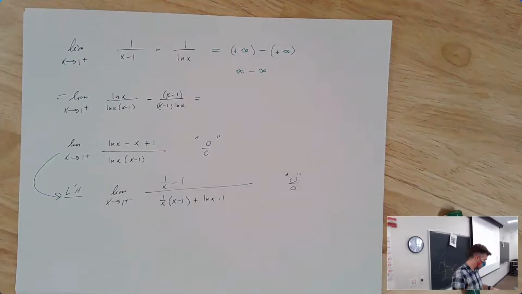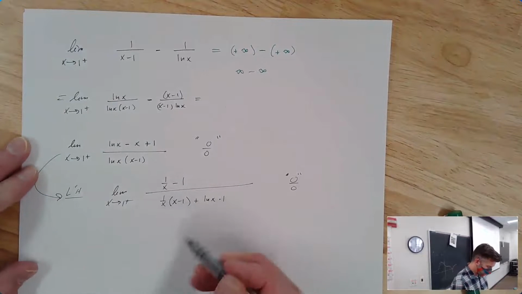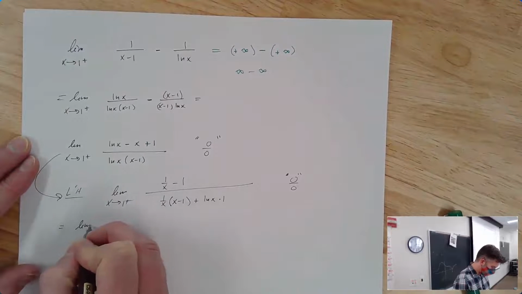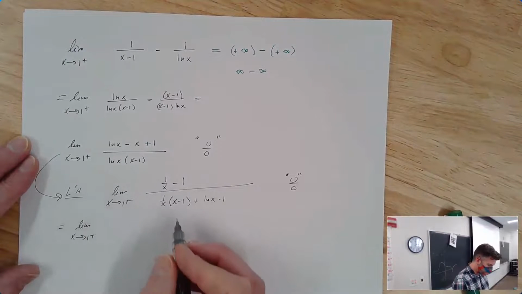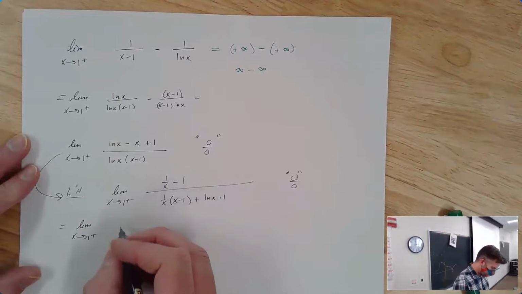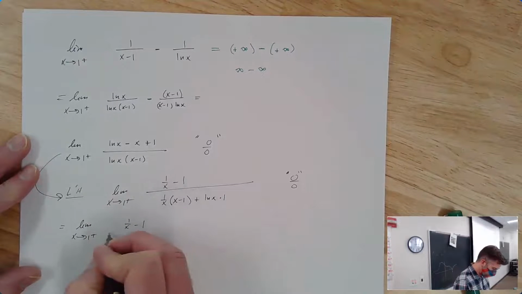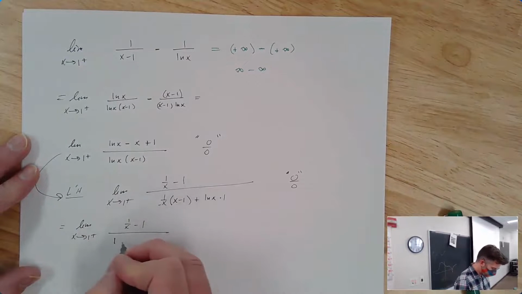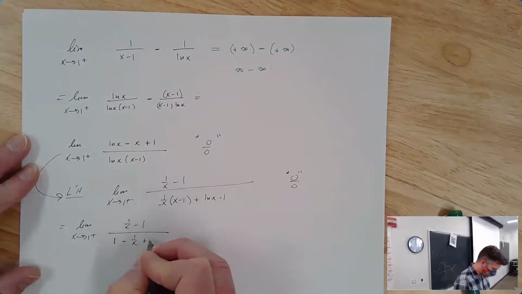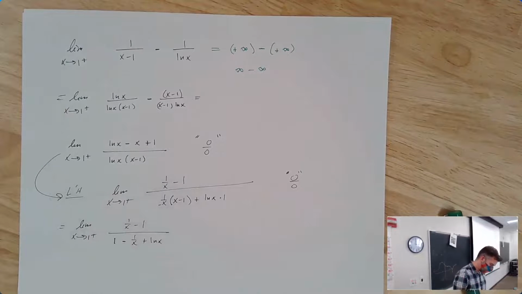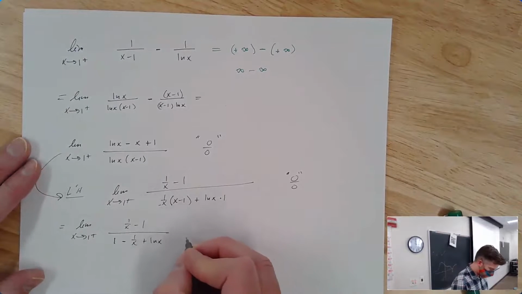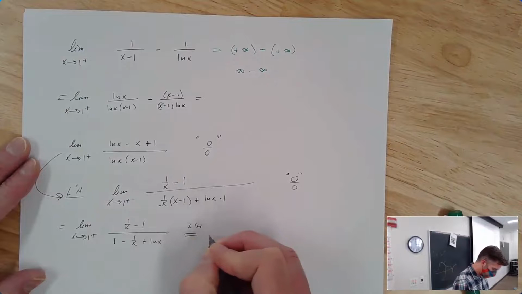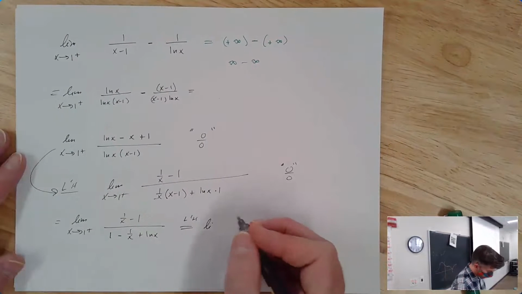So I'm going to use L'Hopital's rule again. Okay. So I'm going to simplify a tiny bit. Limit as x goes to 1 from the right. I'm going to have 1 over x minus 1 over 1 over x times x is 1. 1 over x times negative 1 is minus 1 over x. Let's use L'Hopital's rule one more time. Well, at least, right? Maybe more.